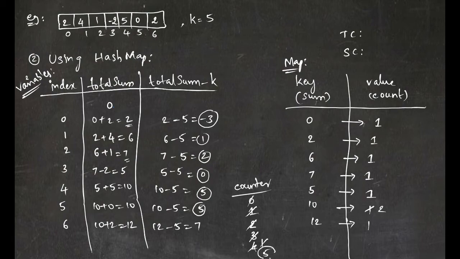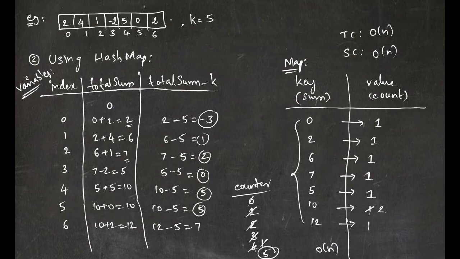So this is my answer, I just need to return 5. So if you take a look at the entire solution, we are taking extra space of at most, maybe at each and every index the sum is unique, so we'll keep n elements. So this will consume O of n space, and I have some 3 extra variables which are going to be constant space. So total space complexity is going to be O of n, and I'm iterating over the entire array only once, so that is O of n. So from O of n squared, we are able to decrease the time complexity to O of n.